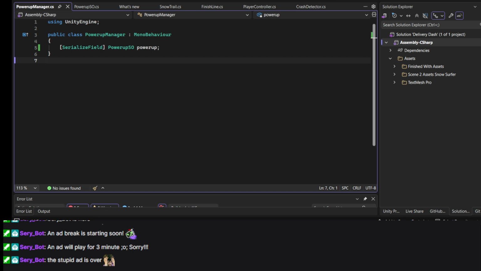Back in the PowerUpManager script, let's detect when the player touches the power-up. So I'm going to write void OnTriggerEnter, and of course VS Code is going to forget a few letters, so let me just fix this. And before we write any more code,